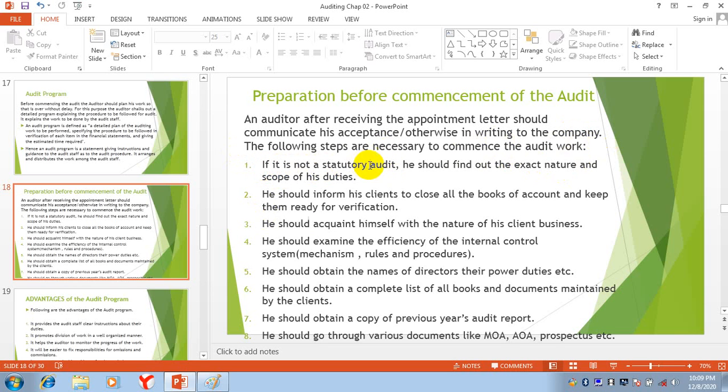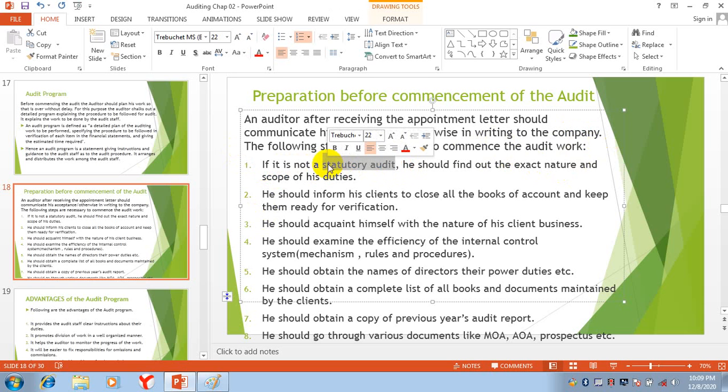If it is not a statutory audit, you people know about statutory audit. In a statutory audit, each and everything is specified. It is the audit which is mandatory by law, so the law will tell you each and everything that you will do.